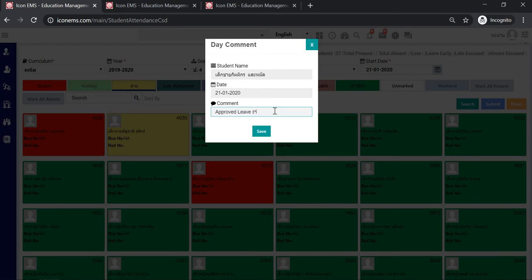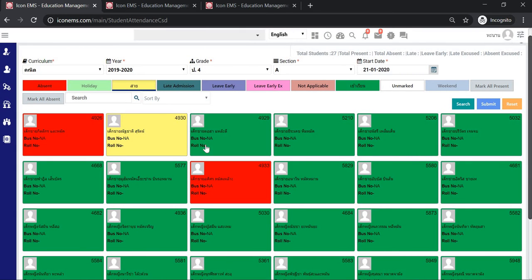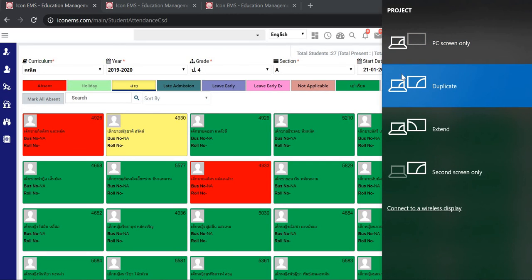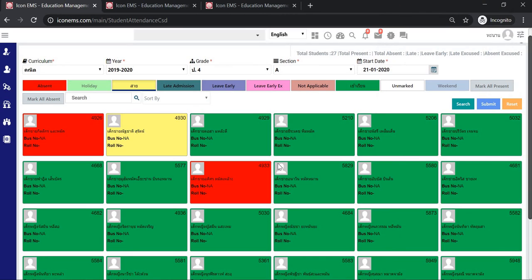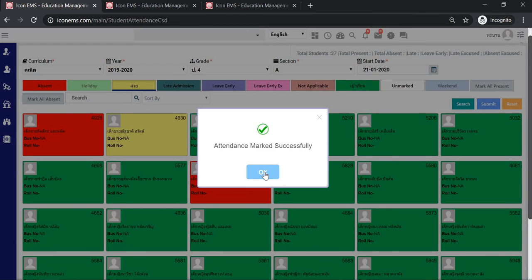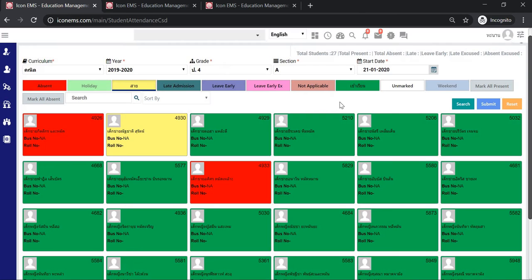And you can save. Now once this is done, you can click on submit. Successfully. Now if you click again on search here for that particular day,